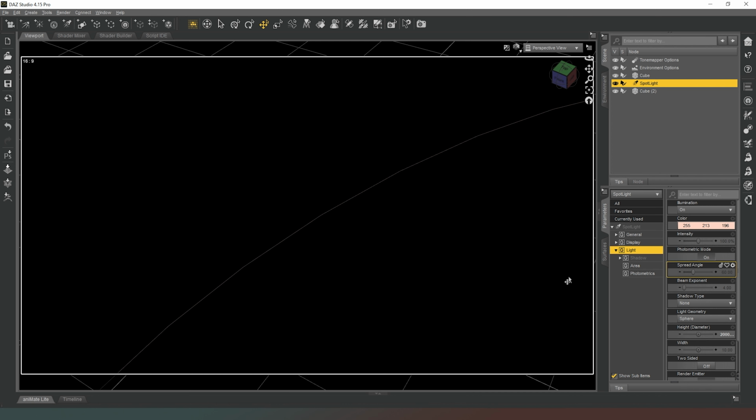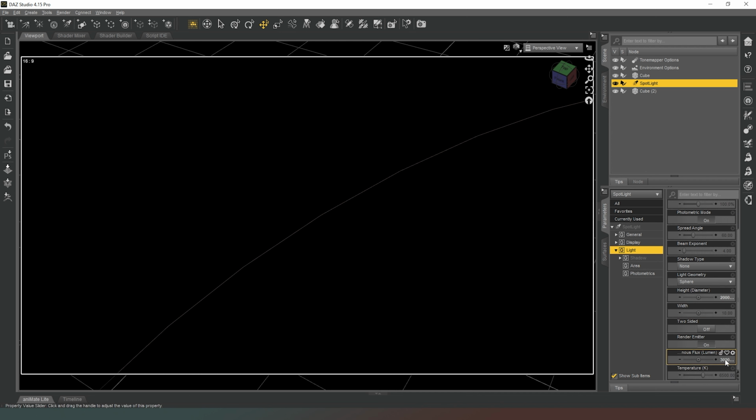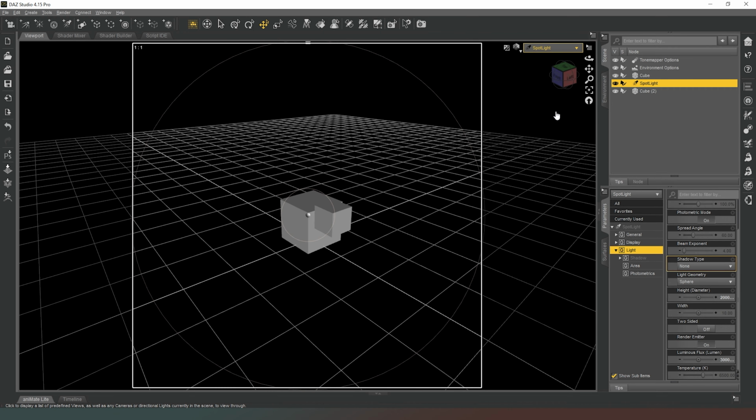Let's go with 20,000. Now the light itself has rapidly dropped off because the output of 30,000 lumens is now spread over a much wider surface. So we actually have to increase that. I would be so bold as to add a couple of zeros to that, and even that's had a really insignificant effect. And also because our light geometry is now massive, what you'll find is that our object itself is now contained within it. So I may have actually overstated the importance of changing that. So let's just take the zeros back off of that,